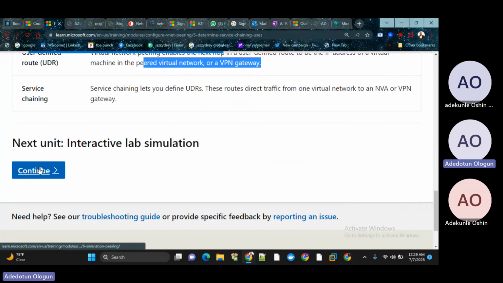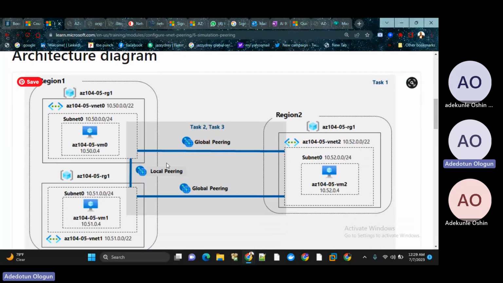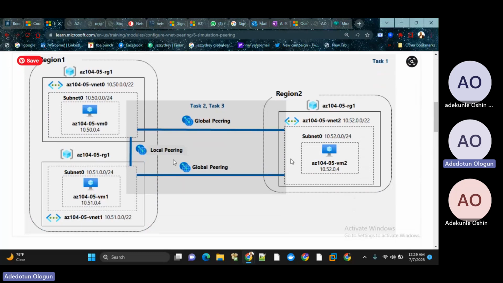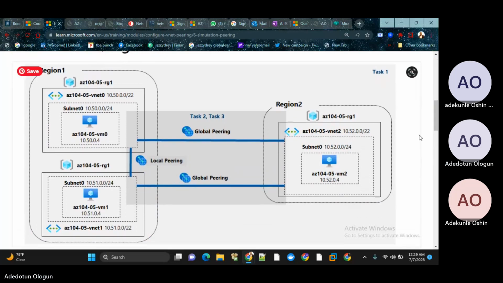Okay, interactive lab simulation. So this is what you're going to do. What's the plan? No, you will get it now. When you study the screenshot, you understand now. You can see that